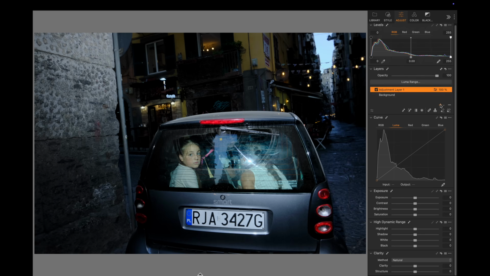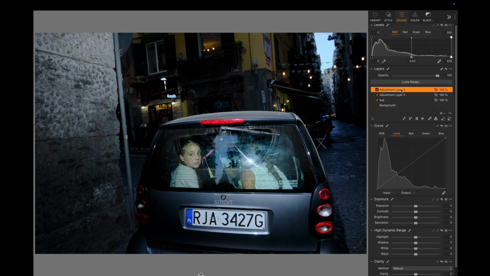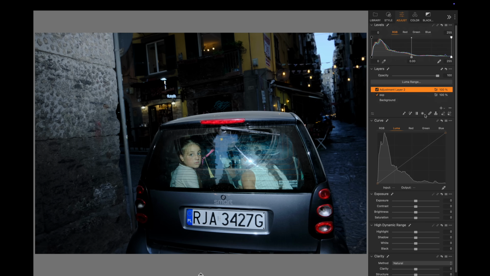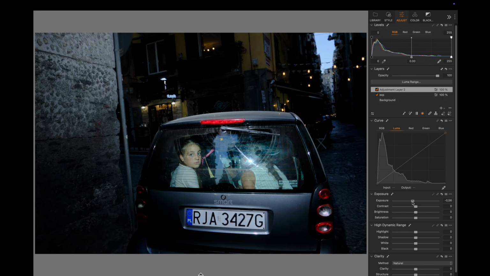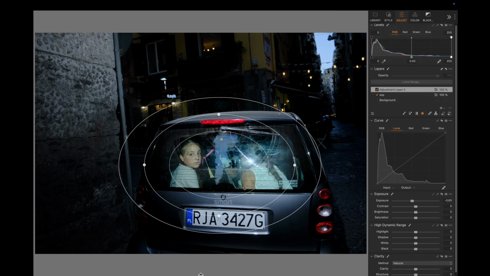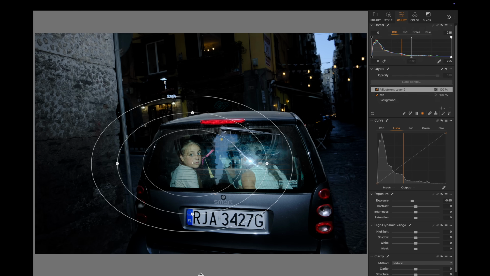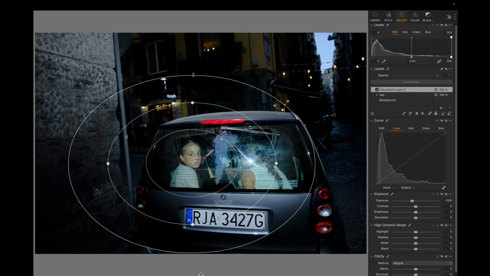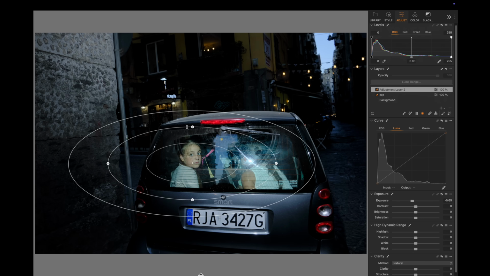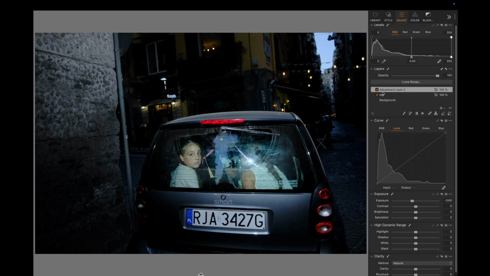So I'm gonna go exposure, and then here I'm gonna do it simply. I'm not gonna do a dodge and burn. I'm just gonna do a radial filter like this to accentuate the middle part where the girl is, and maybe like so. Maybe open it to make it more diffuse. Yeah. And then exposure, I'm gonna start adding the contrast. Again, the girl, I want this skin tone to be touched, and now I start adding